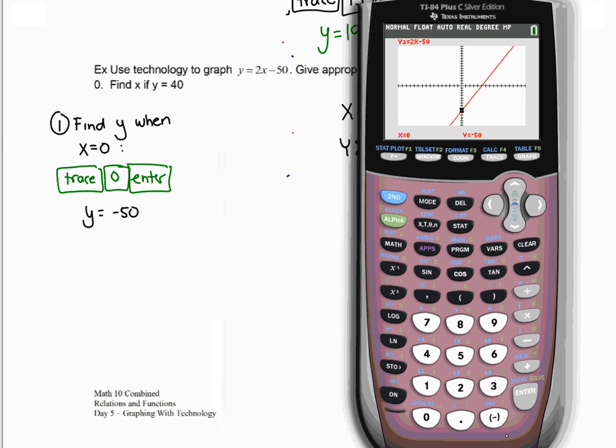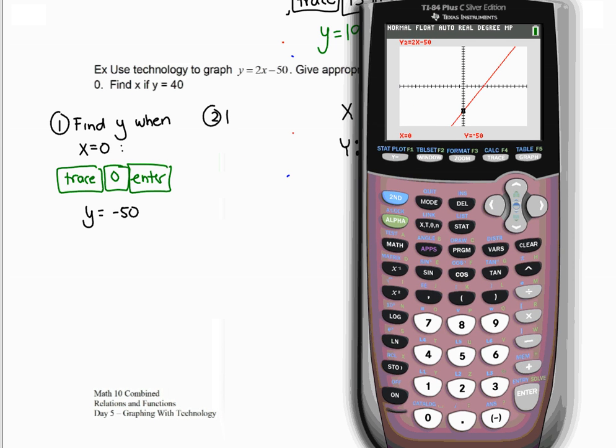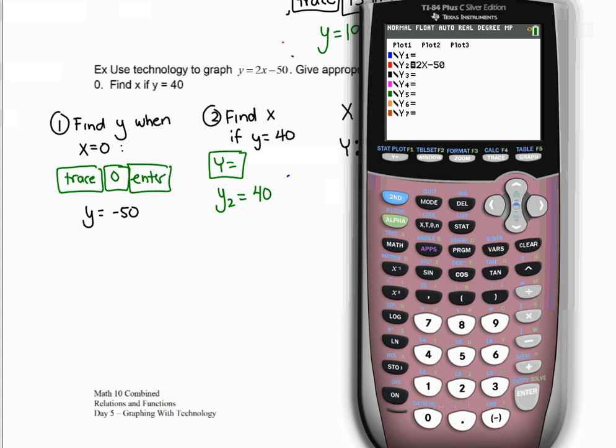Okay, good. The second part asked me to find x if y is 40. So where do you go? You go to y equals, and in y2 we're going to put 40. Actually, I'm going to put it in y1 because I put my equation in y2. Doesn't make a difference. Graph it. And now,